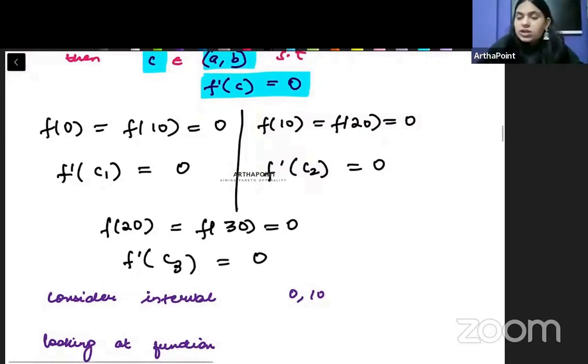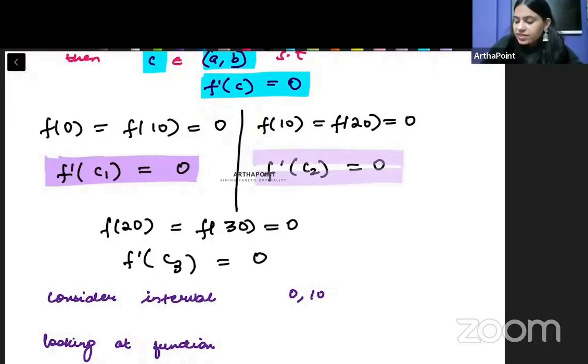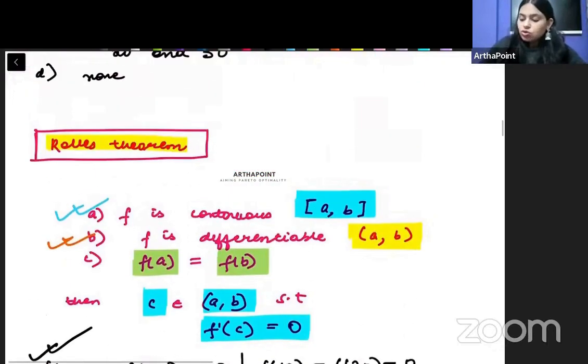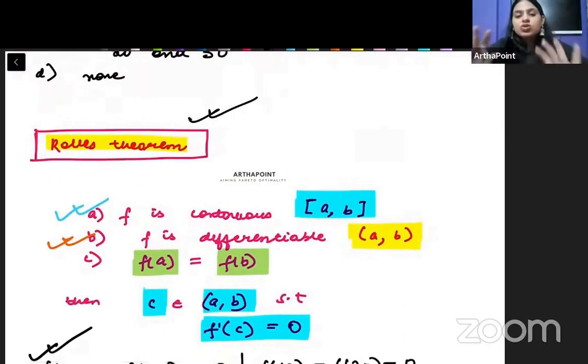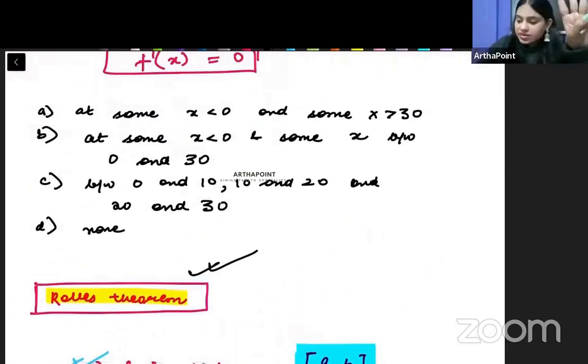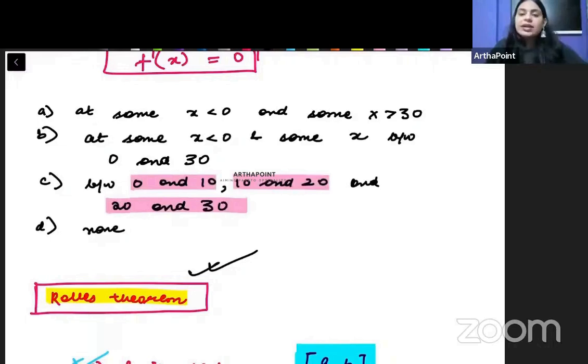So in total, I have got 3 such c's such that when the function is differentiated at those c's, the value is 0, using Rolle's theorem. So again, this means that there are 3 critical points, one between 0 and 10, one between 10 and 20, and one between 20 and 30. So the correct answer to this question will be